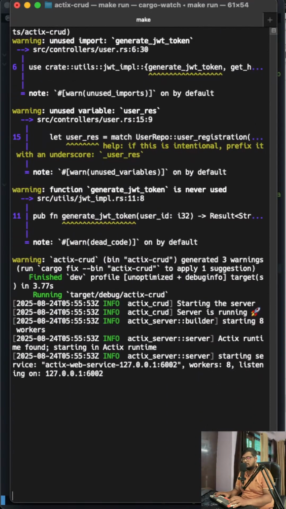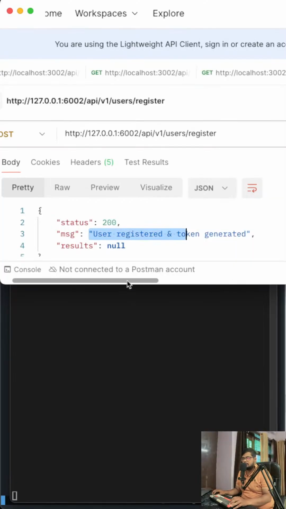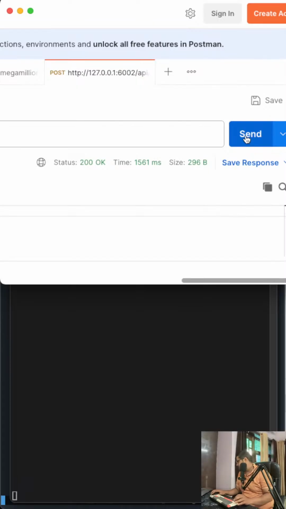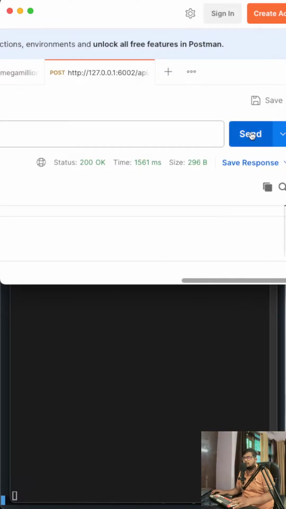All right, so if I hit enter, make sure you have your eye on the terminal, because that's where we will have our output. If I go over here and send, once I try to compile hello world, it took 2 seconds. Yes, the compile times are very heavy in this, but when you release the build, it usually is very fast. So maybe you can check it with the release flag as well. So if I send,